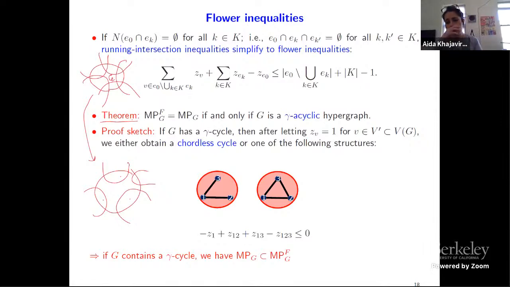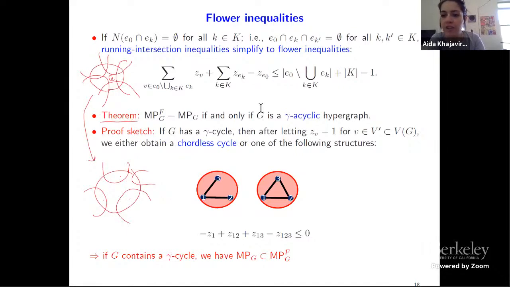Again, what's the idea of the proof? It's kind of similar to Berge acyclic that I said. I will just go over it quickly because it also uses the full strength of the decomposition result I showed you. Okay, so let's first do the easier direction. So if there is a gamma cycle,